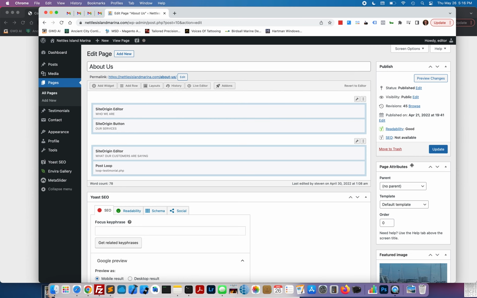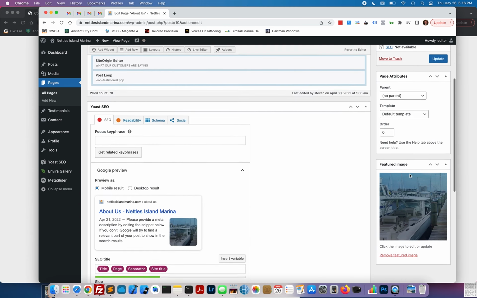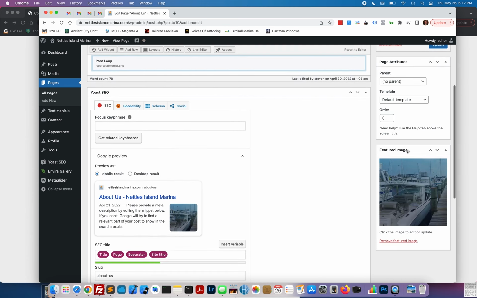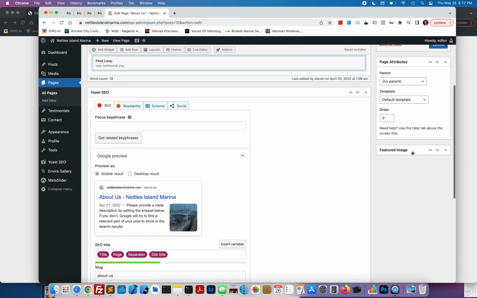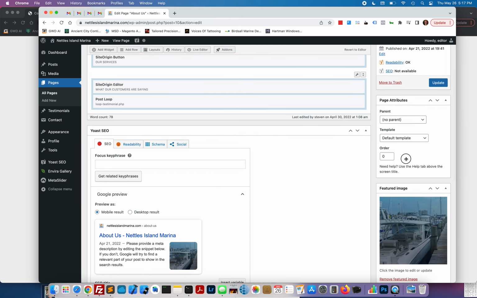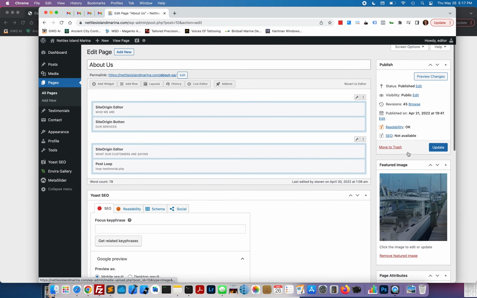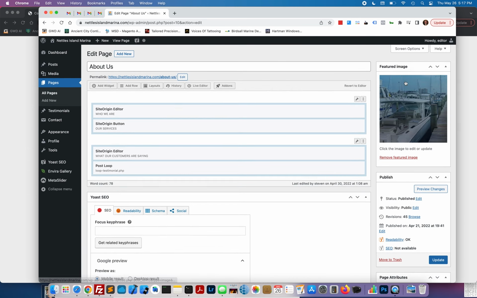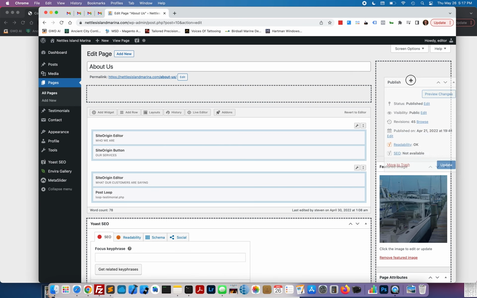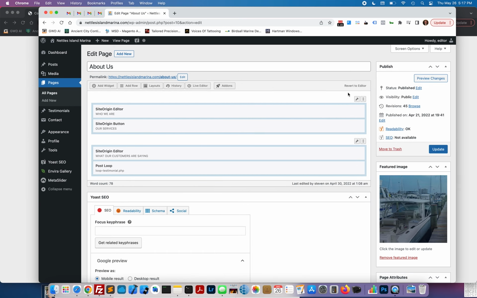And you'll see over on the right column, there's a featured image. That's going to be your header image. So if you wanted to change out that big header image that shows up in the background behind the text, you would do that here under featured image. A lot of times I like to slide this up to the top. You can move things around here. So looking in this main area here,